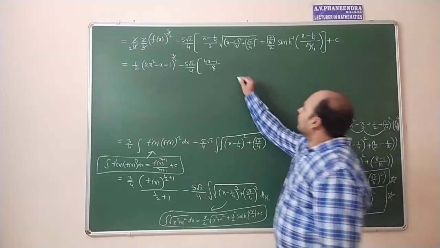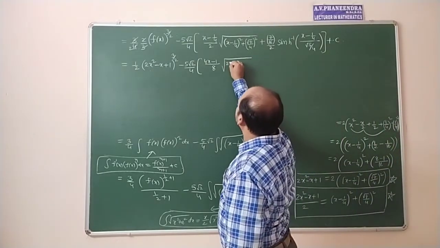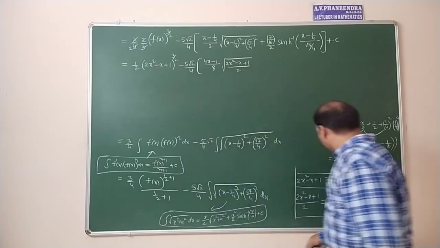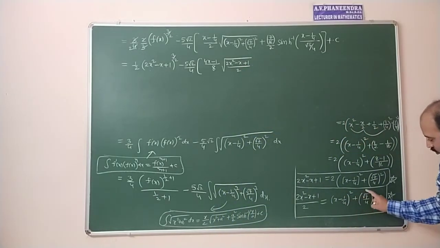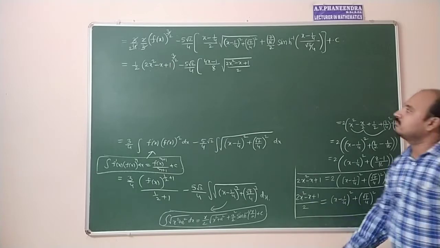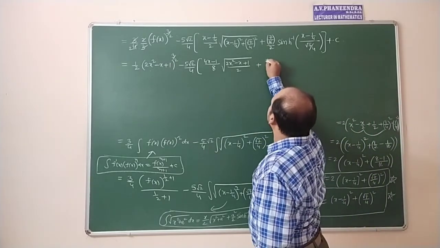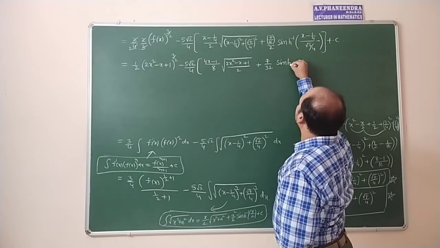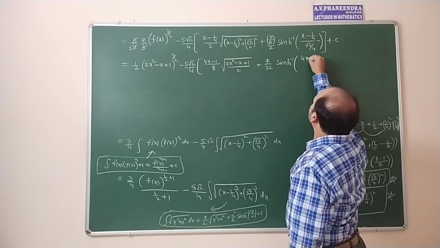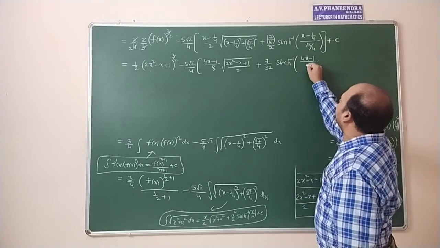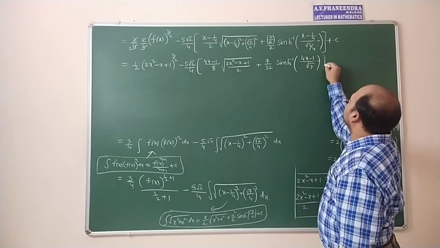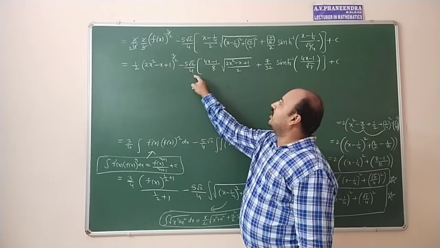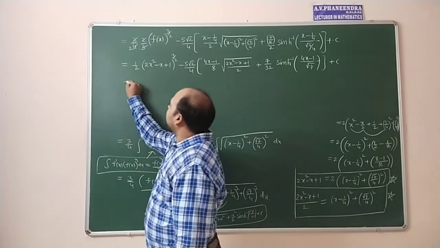So, square root of 2x square minus x plus 1 divided by 2. In place of (x minus 1 by 4) whole square plus (root 7 by 4) whole square, we are writing this one. Plus 7 by 32, 16 twos are 32. Sinh inverse of 4x minus 1 divided by, here 4 get cancelled, root 7 plus c. Now here root 2 we can take outside, which is equal to 1 by